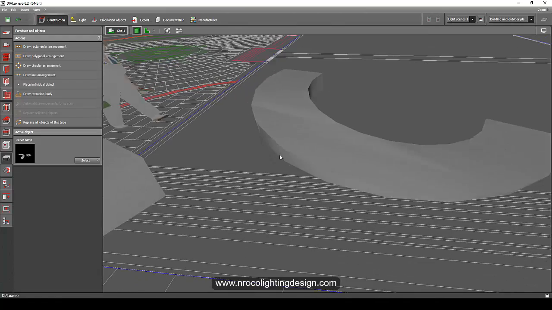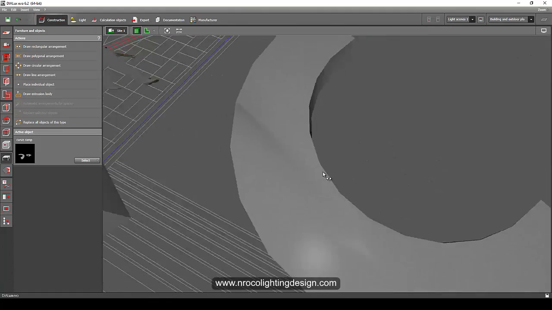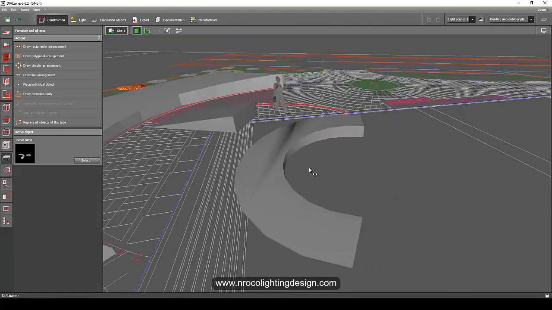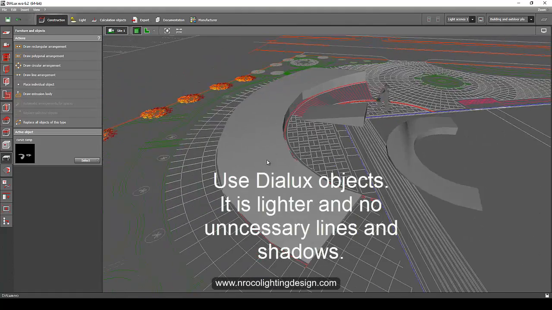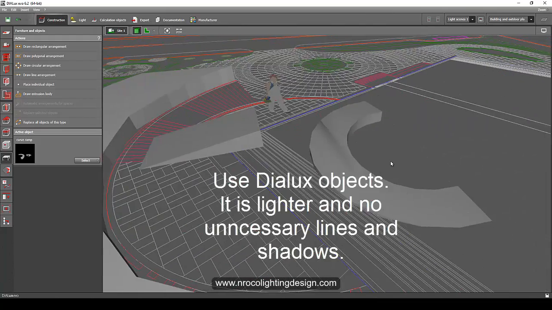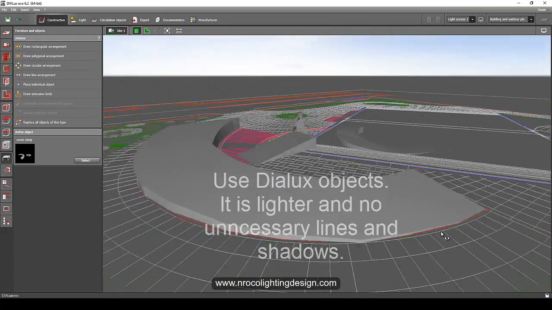You can see that this black shadow will create a very ugly rendering in your calculation. So I would like to suggest to just use the object created rather than having a black shadow in your rendering.